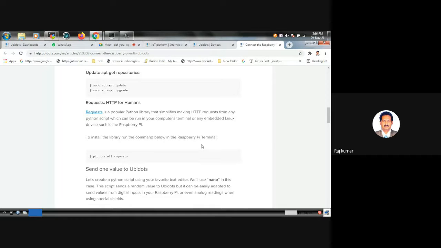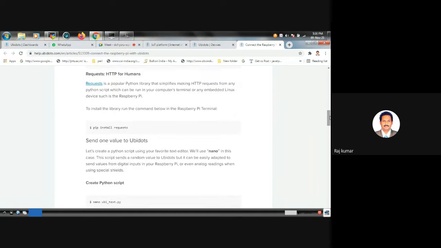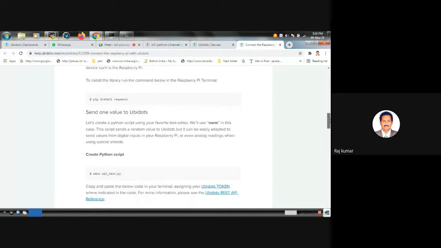So we need to use pip install requests. If it is machine to machine, it is not required, but we need to visualize the data accordingly. The data coming from the cloud to our Raspberry Pi should be in a human readable format. For that, requests is used.